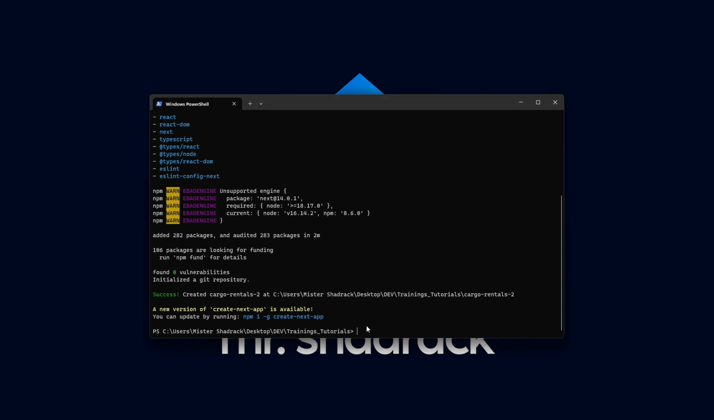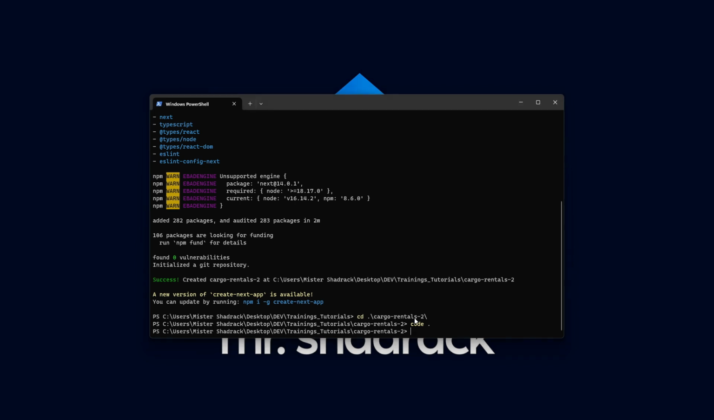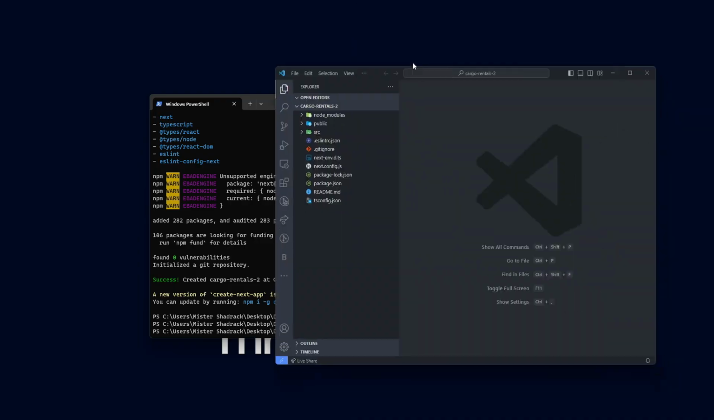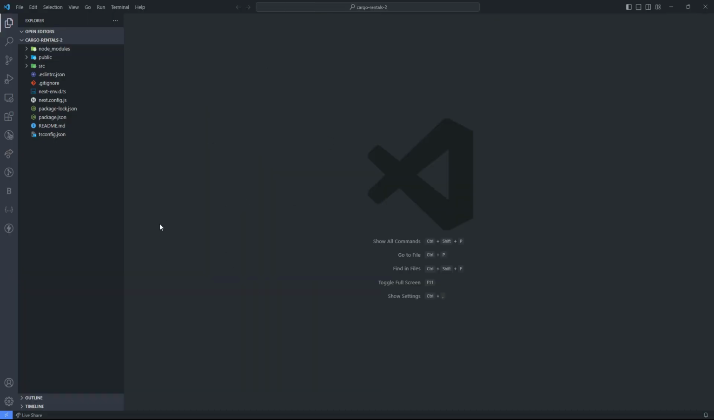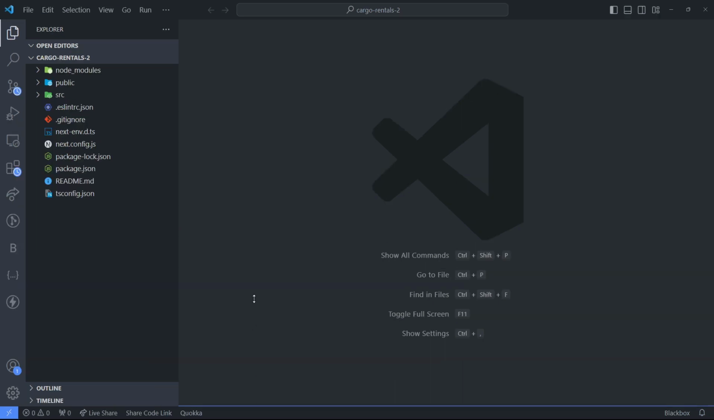Alright, so it is done. So I'm just going to say cd cargo-rentals2, and I'm going to open it with VS Code. So I'm going to do code dot, and this is going to open this in VS Code. Let me bring that here, and I'm going to make this quite huge so that you can see. Let me increase the font size. I will use the built-in VS Code terminal,